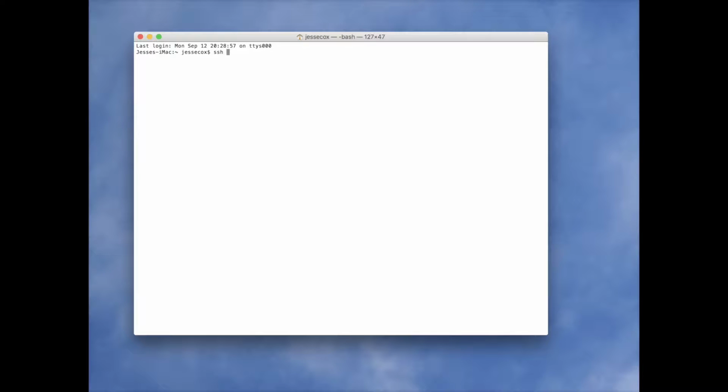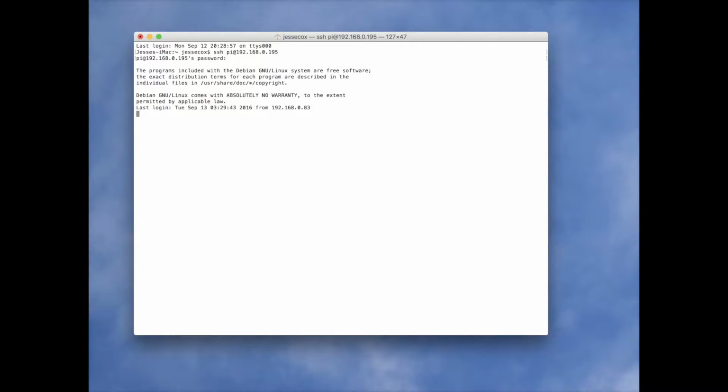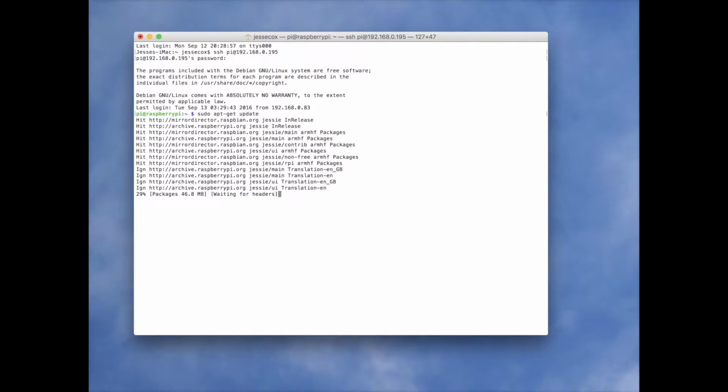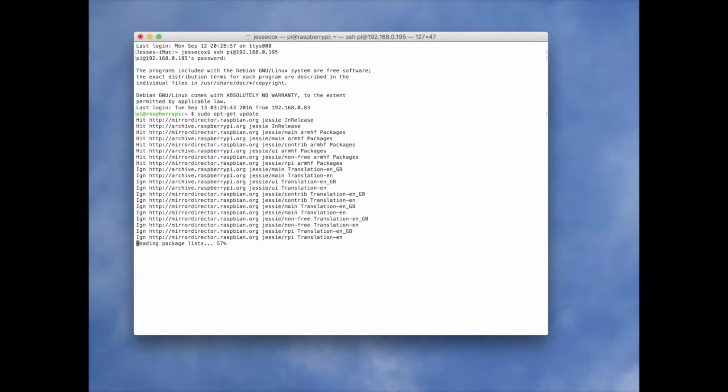So first, we're going to remote into the Raspberry Pi. We're going to do this by SSHing in with pi at the IP address. We'll enter our password. And then we're going to go ahead and update our OS. So sudo apt-get update, and that will search and pull in all the update packages for the Raspberry Pi's operating